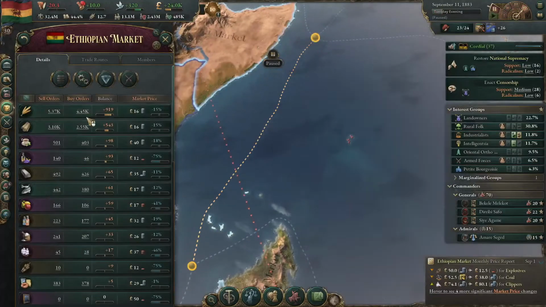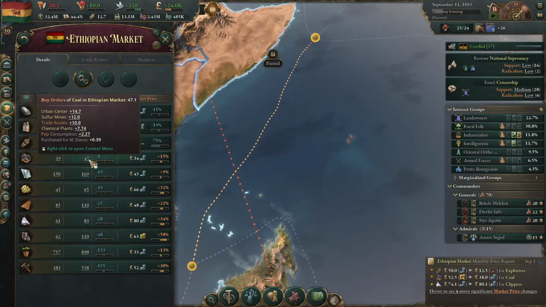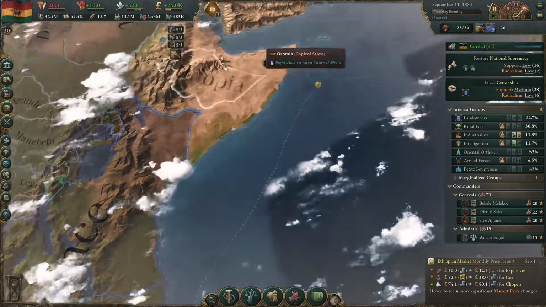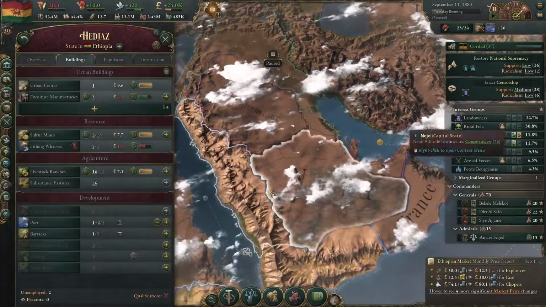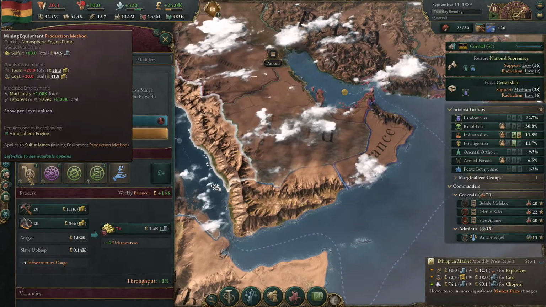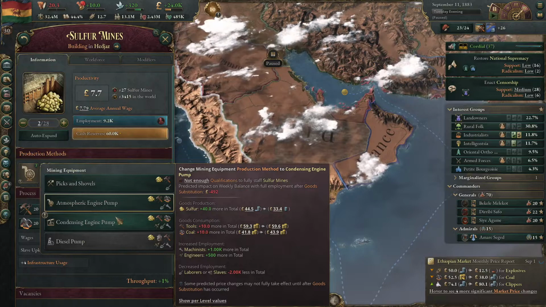How's the coal situation now? We're lacking a little bit. We've got a lot of purchase orders for them. We're producing about, or we're getting about 40 into the market rather. So the sulfur mines, we already got pretty good stuff over there. We could go for the...